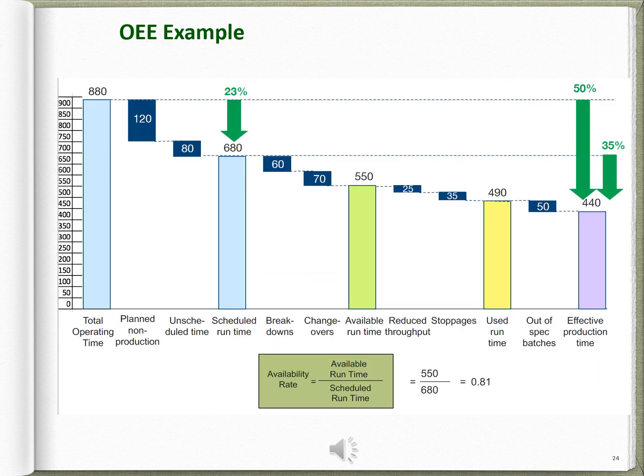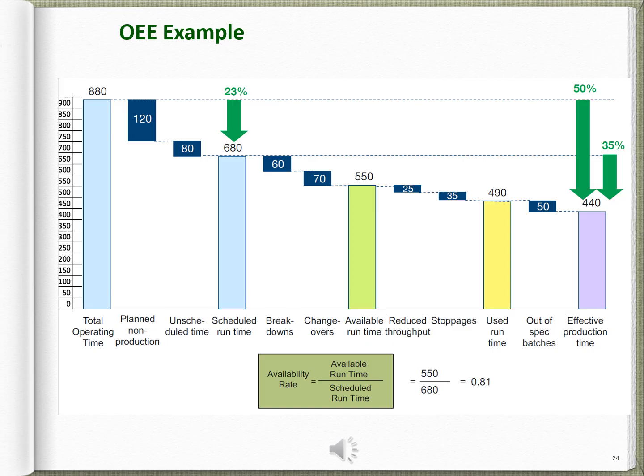To illustrate the calculation of the OEE, let's go over a simple example. A machine's total operating time is 880 minutes per day. However, on average, there are 120 minutes of planned non-production time and 80 minutes of unscheduled time. Thus, the scheduled runtime is only 680 minutes, which is 23% less than the original operating time. To obtain the availability rate, we divide the available runtime, 550 minutes, by the scheduled runtime, 680 minutes, resulting in